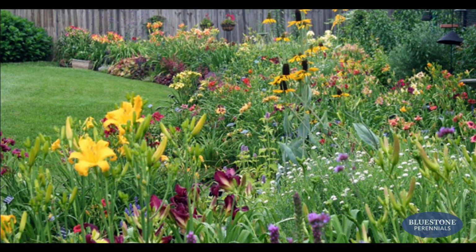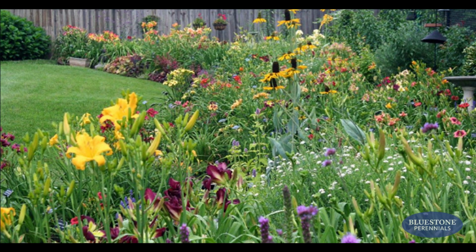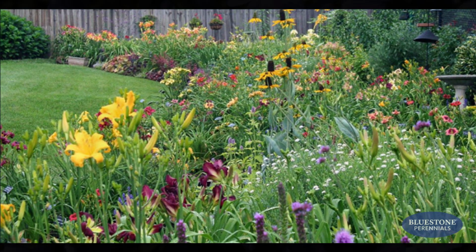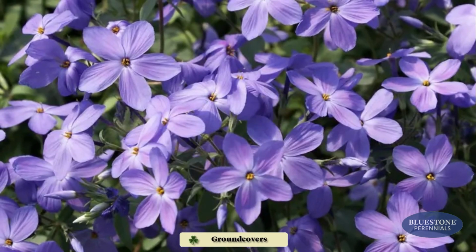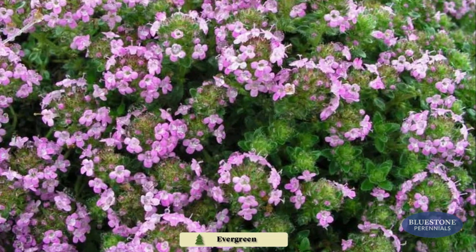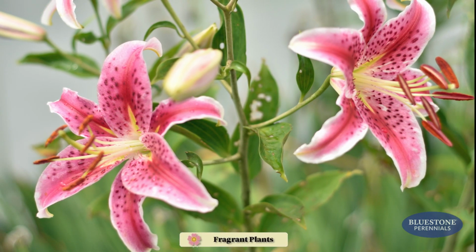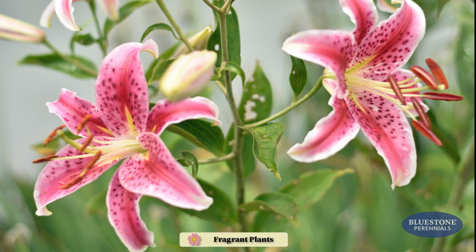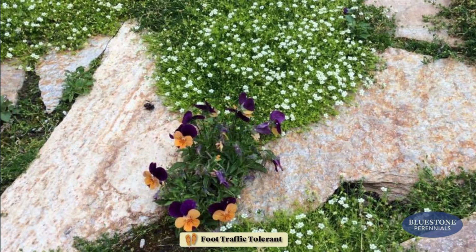And finally, you may be searching for plants for a specific landscape need. We can help with that too. You'll find selections such as ground covers that can suppress weeds while adding texture and color to the garden, evergreens that stay green year-round, fragrant plants that delight your senses as you pass, foot traffic-tolerant plants that can be used between stepping stones or as a lawn substitute,